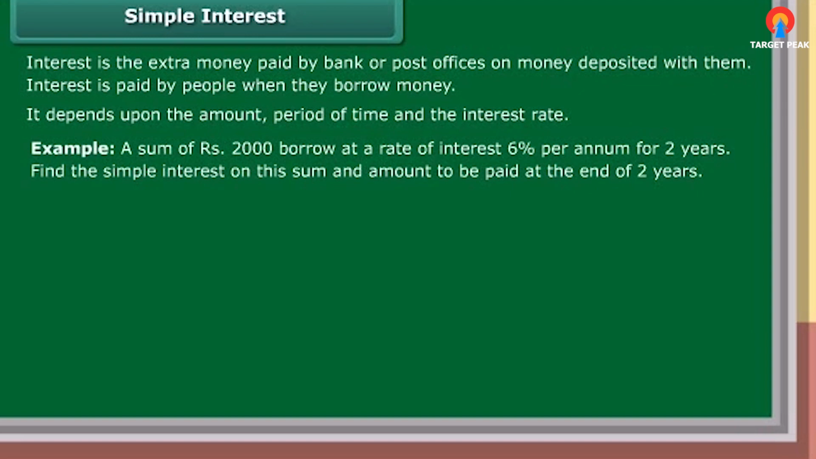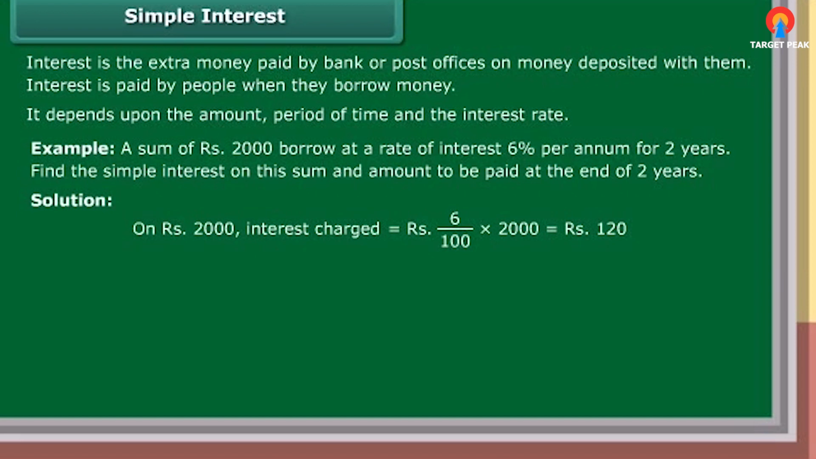Example. A sum of rupees 2,000 is borrowed at a rate of interest of 6% per annum for 2 years. Find the simple interest on this sum and the amount to be paid at the end of 2 years. Solution. On rupees 2,000,